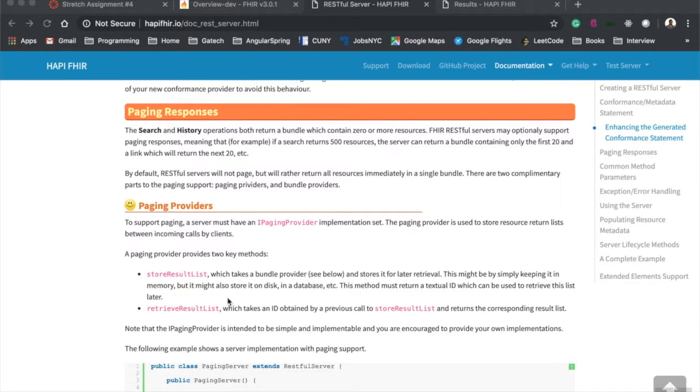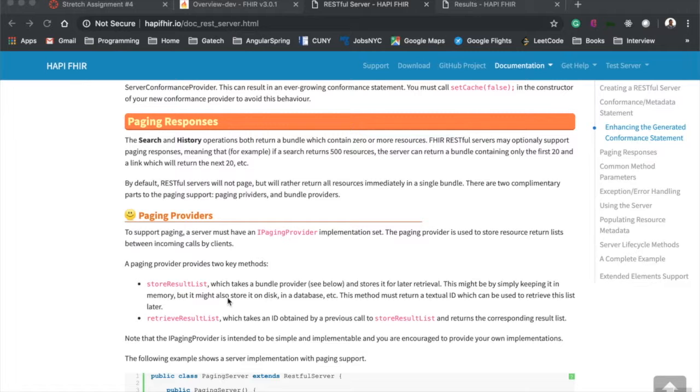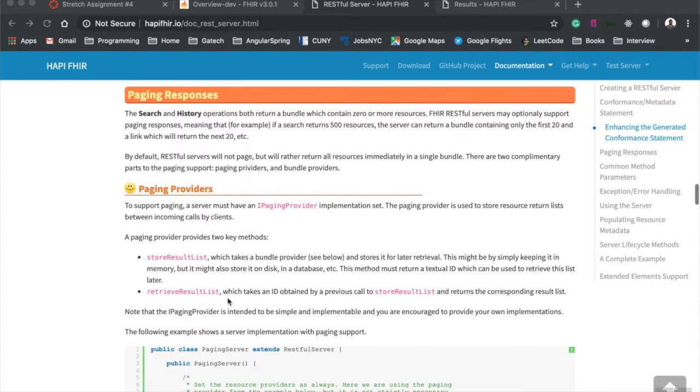There is also some specific behavior that we should include in the server, like paging responses. The search and the history operation both will return bundles which might contain 0 or more resources. So say for example, if a search contains 80 resources, we won't be able to see all of them together. We will see only the first 20, and then it will give us a link to see the next 20, and so on. By default, the RESTful server will not page,